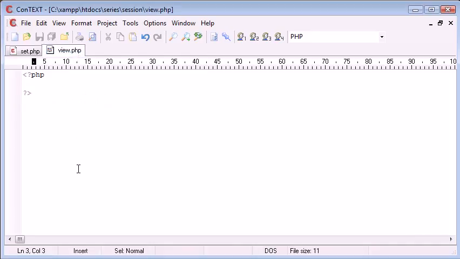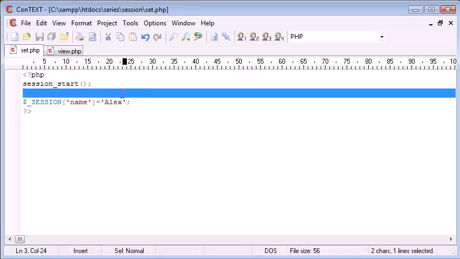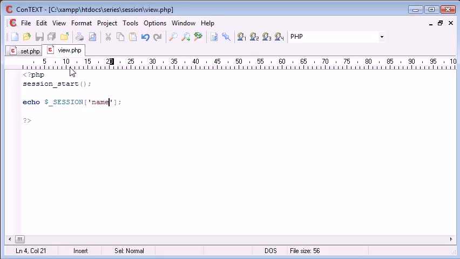So what happens on view.php when we want to return this data to the user? Now usually you would have to include this file inside this file, so include set.php when we're working with variables. However, because this is session data and it's stored on the server about us, you don't need to. So session_start, make sure you include that, even when you're reading back variables. Then we can simply echo $_SESSION['name']. And what this is going to do is take this stored variable inside this session called name, and